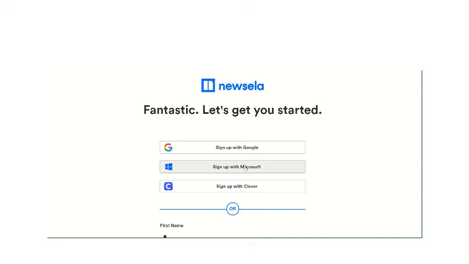I can't show you this part because I already have a Microsoft account signed up here as a teacher account. I'm going to show you what you should do after that, pick a password. Make sure you know what your password is because you won't be able to use email recovery, because even though your school account looks like an email, it's not actually attached to an email account. So write down your username and your password and then you'll be logged in and I'll show you how you pick an article and